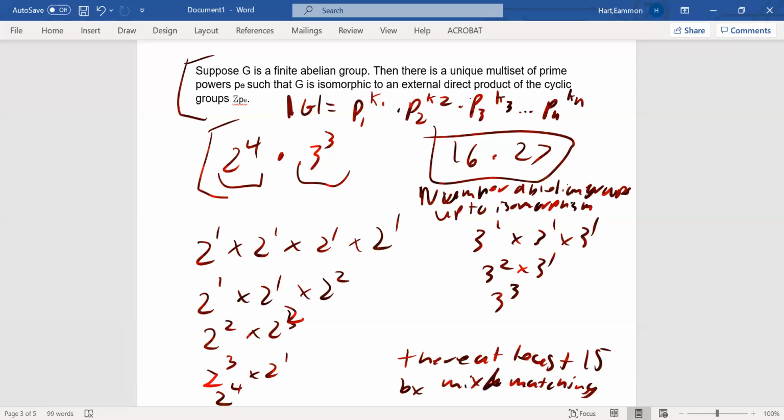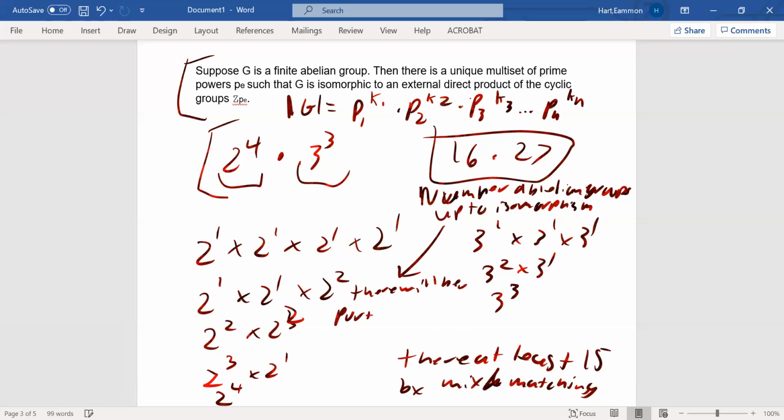So there are infinitely many groups that have that order. But up to isomorphism, there's only going to be